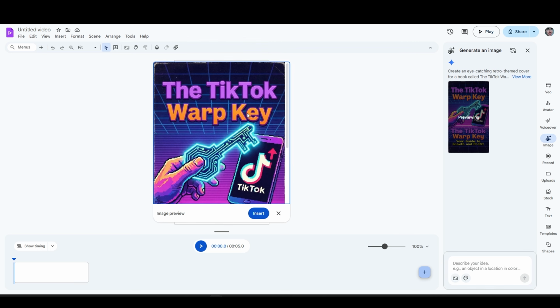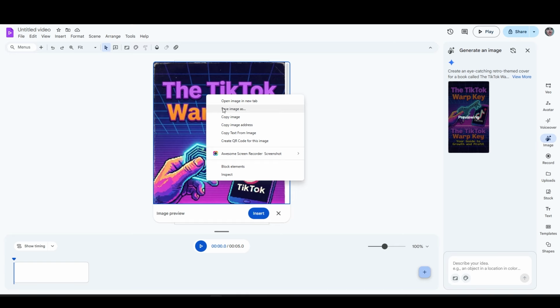I'm not sure if it's what I would want to use if I was actually going to sell this book, but I was really just making this guide for my own learning purposes and to demonstrate how to do this. I'm not planning on selling this product because I'm not a TikTok marketing expert, just something I'm interested in learning about. And so when I'm previewing it here, I can right click and go to Save Image As to download